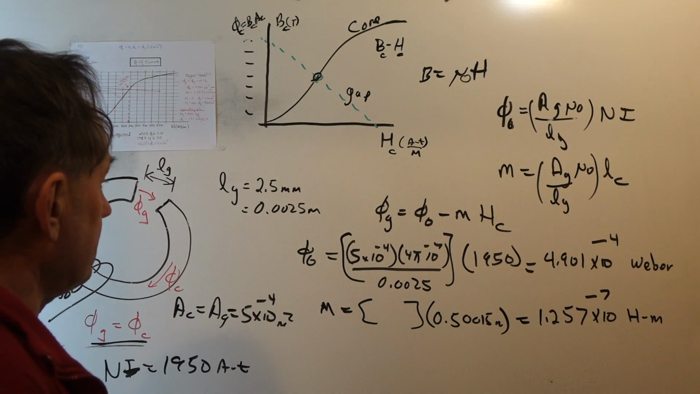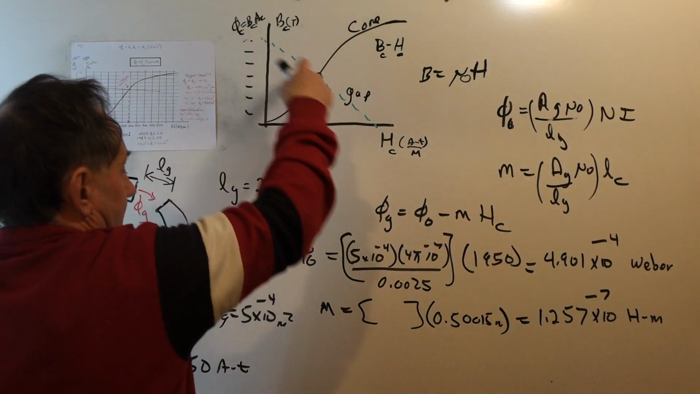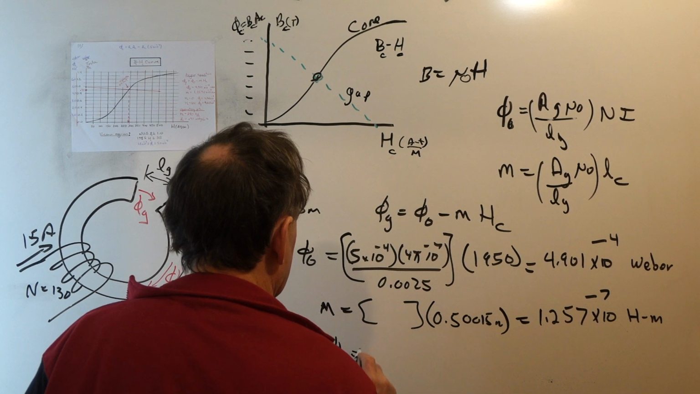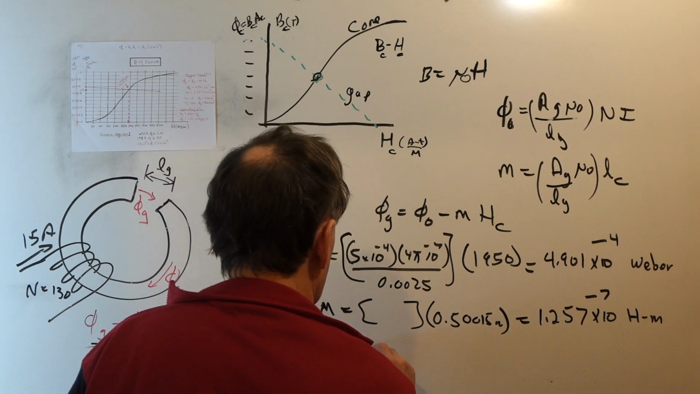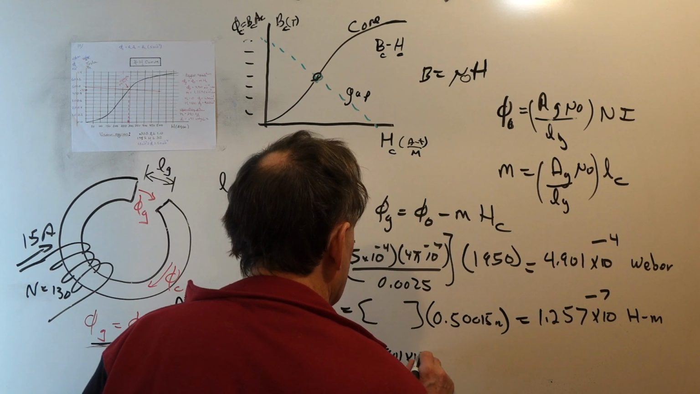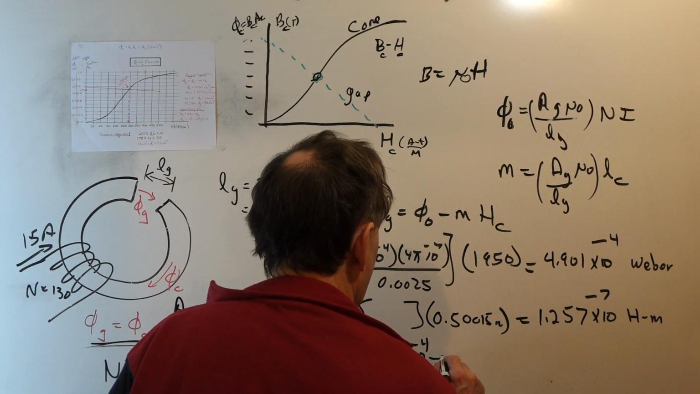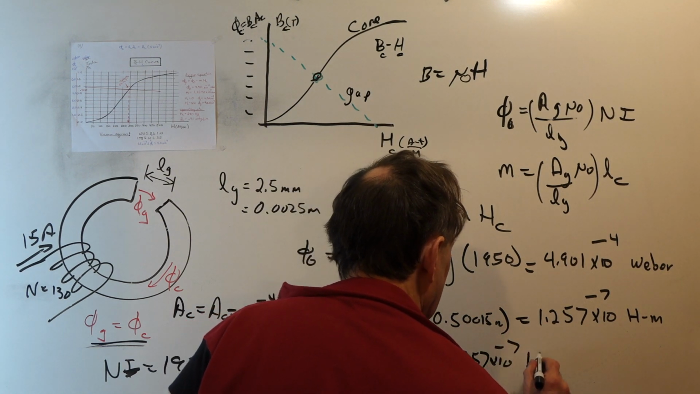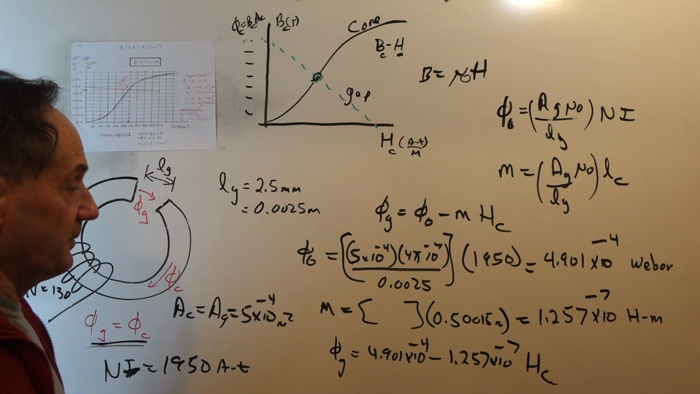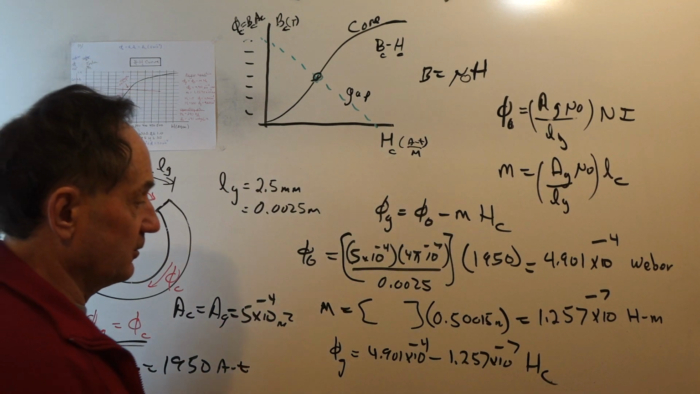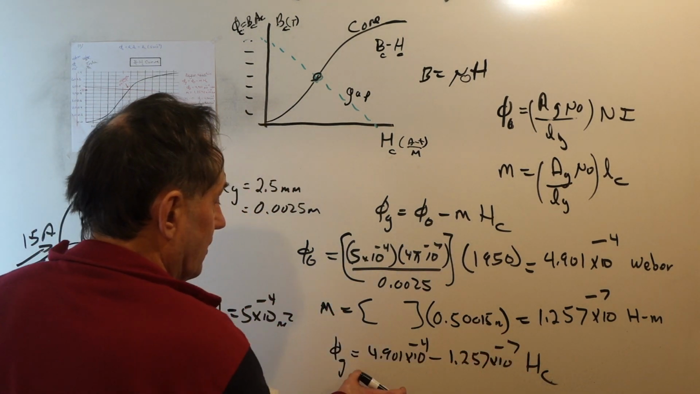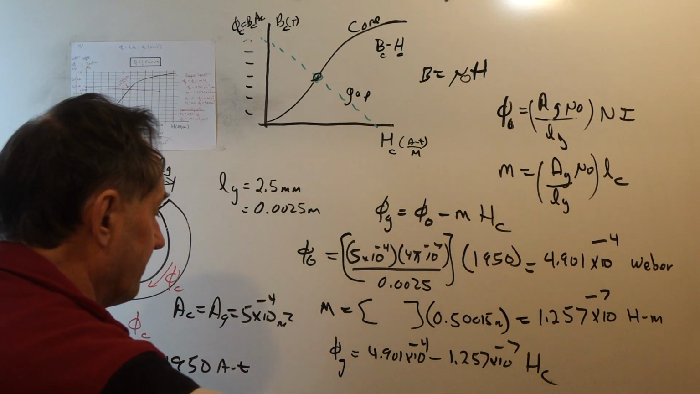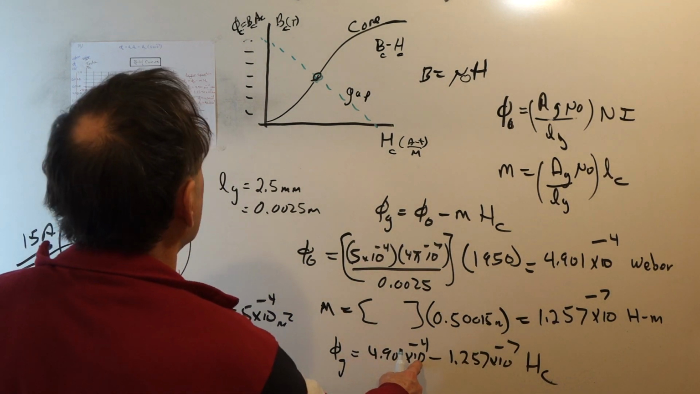Now, okay, so our line now has the equation phi in the gap is equal to 4.901 times 10 to the minus 4th minus 1.257 times 10 to the minus 7th HC. Well, to plot our straight line, the best thing to do is first make HC 0. So when HC is 0, our value for the flux in the gap is 4.901 times 10 to the minus